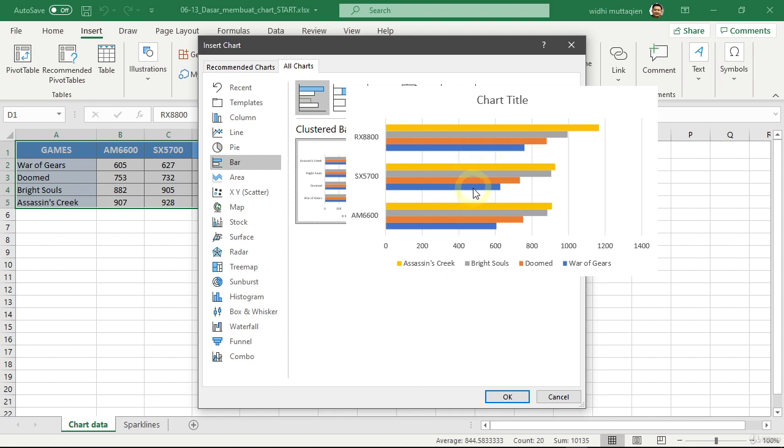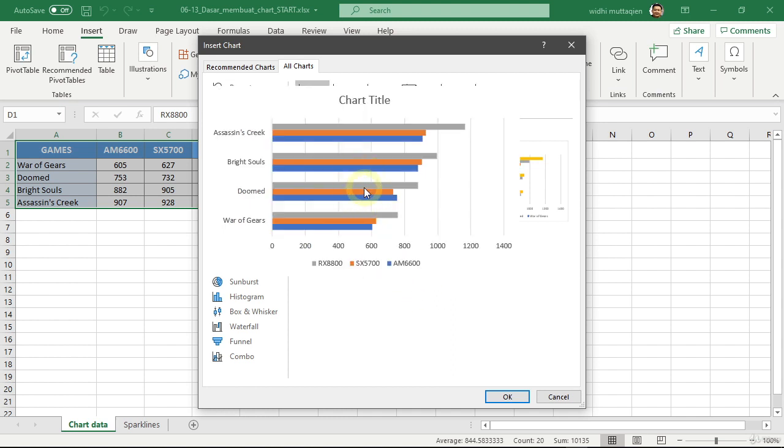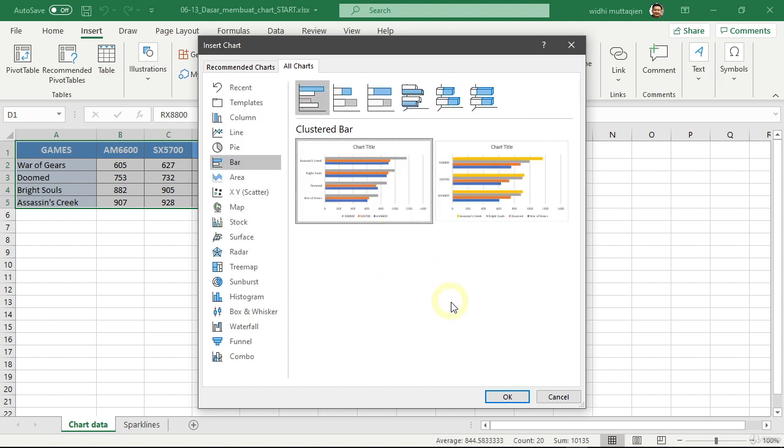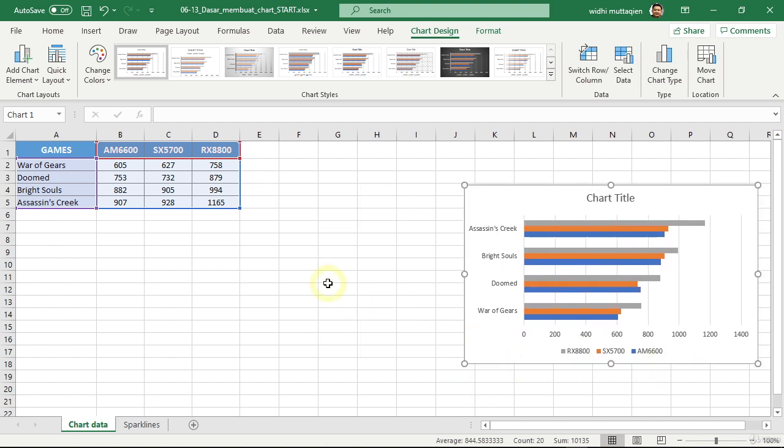In general, you want the data with the least amount to be these bars. But you don't need to worry too much, because later you can still easily make changes such as swapping the data. For now, I choose the left option. Just click on it to highlight it. Then click this OK button. And here is the chart result. For now, let's move this chart aside, as we are going to explore more techniques for creating charts.